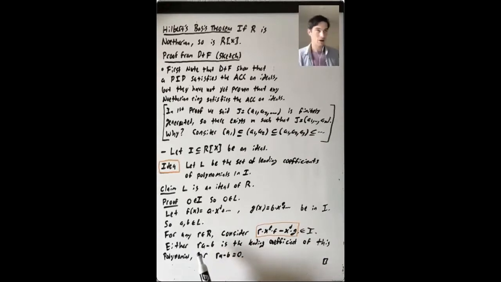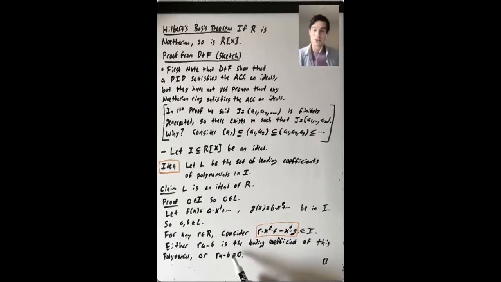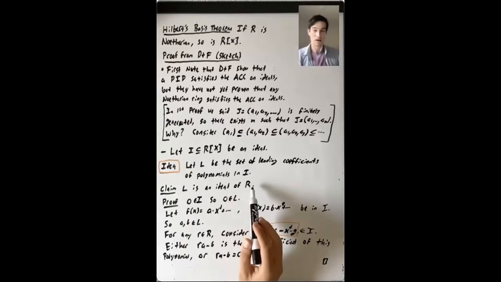Take r equals 1, and you've seen that for all a and b in L, a minus b is in L. And that's the subgroup criterion. That'll show that L is a subgroup of R. And it's closed under multiplication by R. If you just take b equals 0, if a is in L, then r times a is in L for all r in the ring. So that shows we're in a commutative ring. These facts together show that L is an ideal of R.